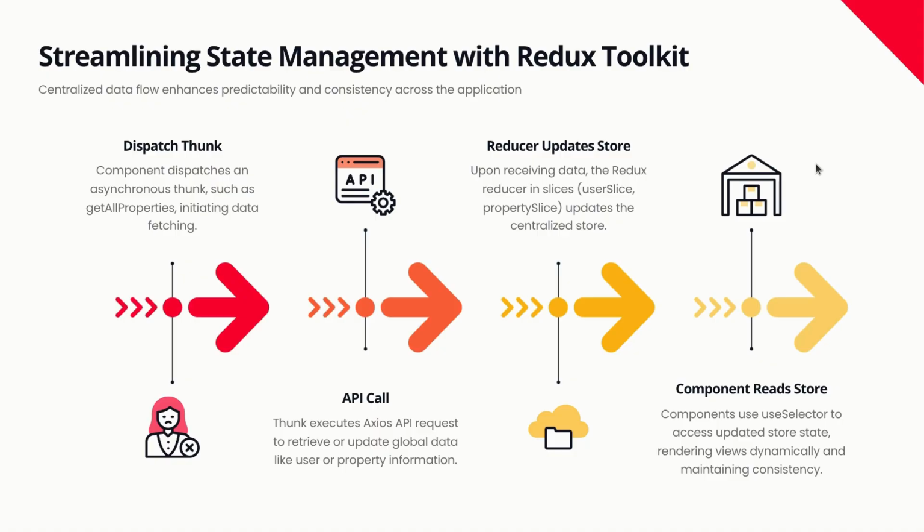Then the API call. The thunk function executes the asynchronous logic. This is typically an HTTP request using a library like Axios to an API to retrieve or update global data like user or property information. Upon the successful or failed return of an API call, the thunk dispatches a regular action to the